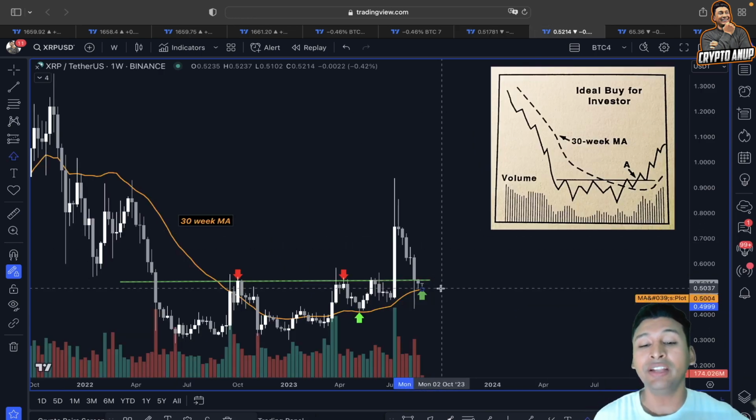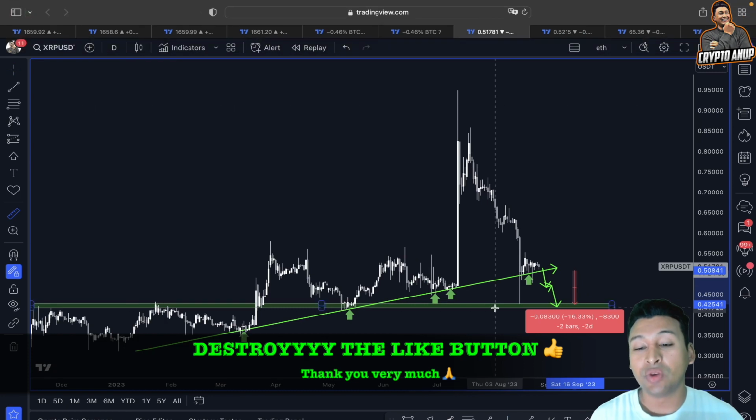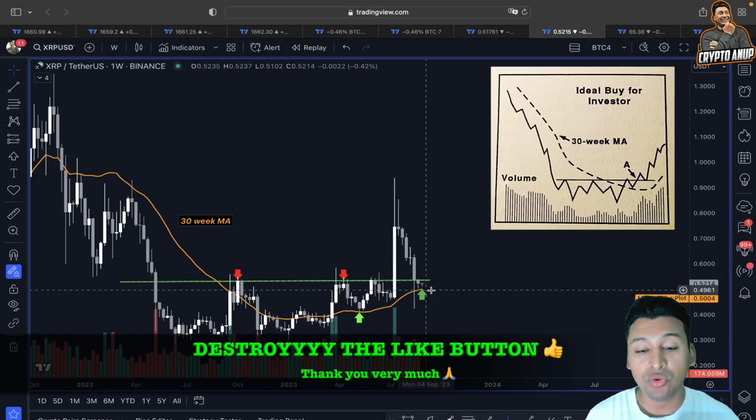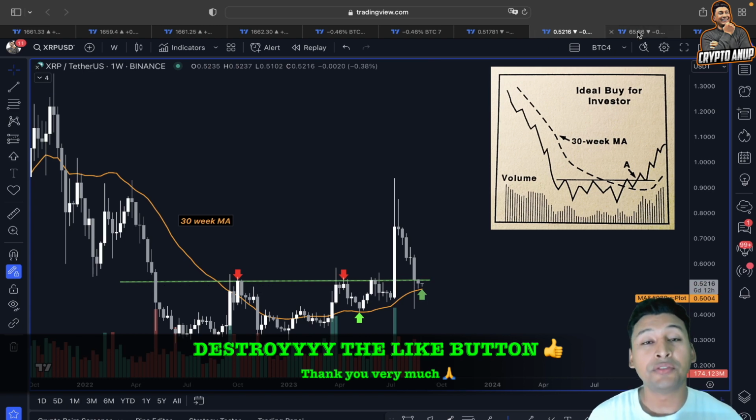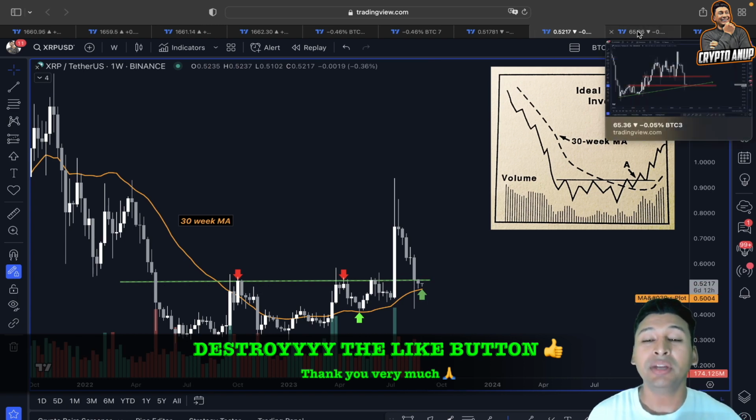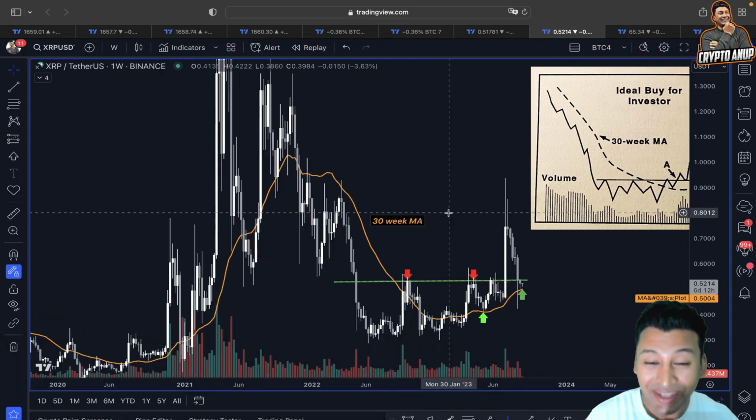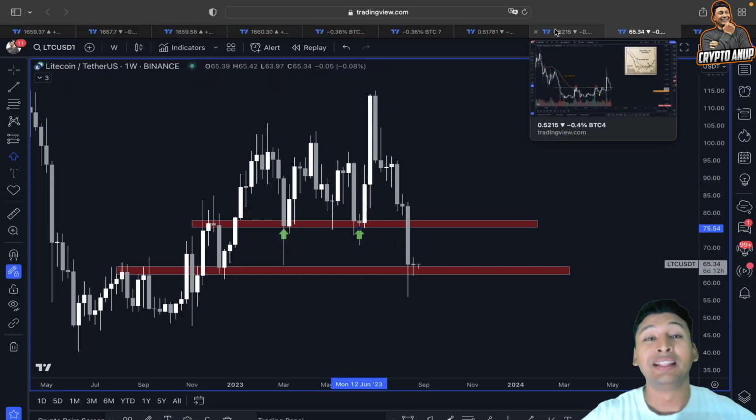Yes, guys, if we lose the support from this rising trend line, this green line, right? If we lose the support from this 30-week moving average, then 40 cents to 45 cents will be looked at as our upcoming price objective. Now, beside XRP, beside Ethereum, I also want to quickly look into Litecoin, because if you look at the price action of Litecoin in a weekly time frame,